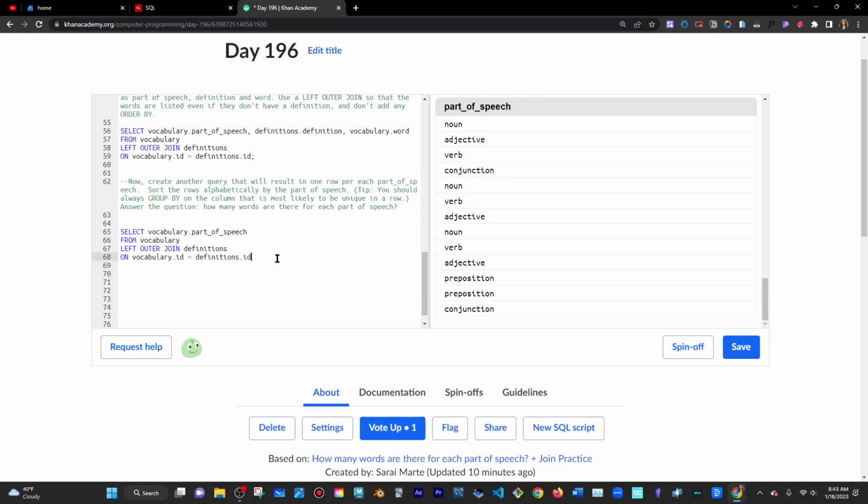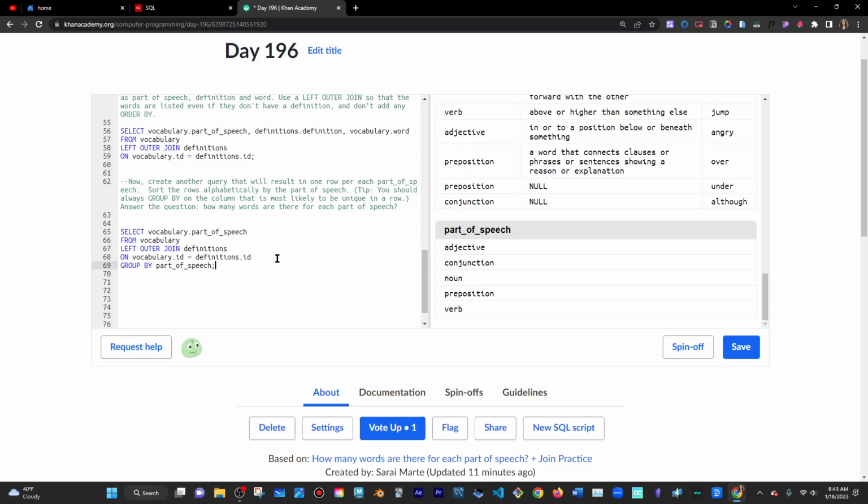And then instead of doing this, I'm going to group by the part of speech. But then I'm also going to select the count. So how many times the part of speech shows up in the table,